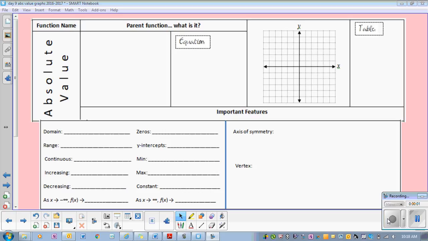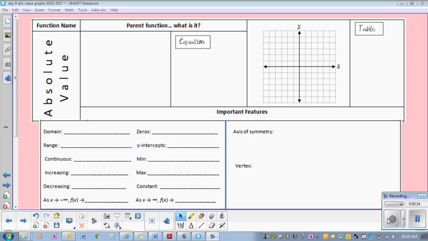Talk about absolute value. So the absolute value, we're going to talk about something called a parent function, okay? So remember how I told you in Algebra 2, we're going to be learning about a different function for every single unit, right? Unit 1 is absolute value. The parent function is basically